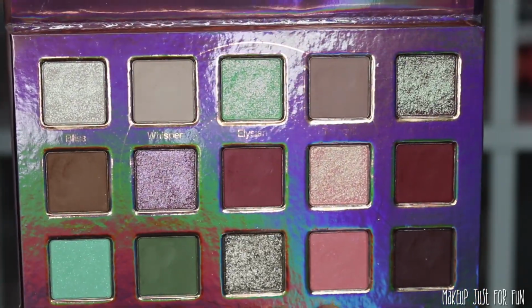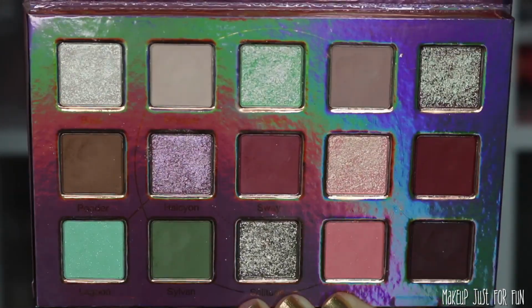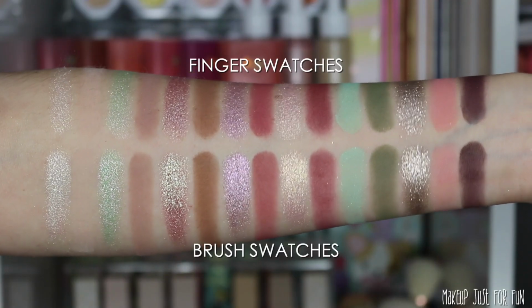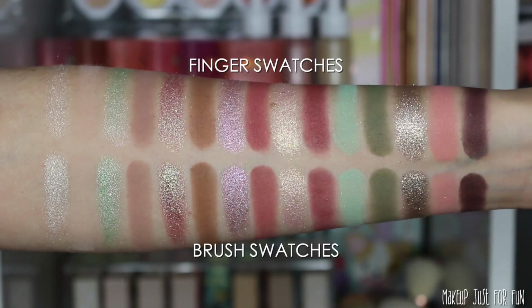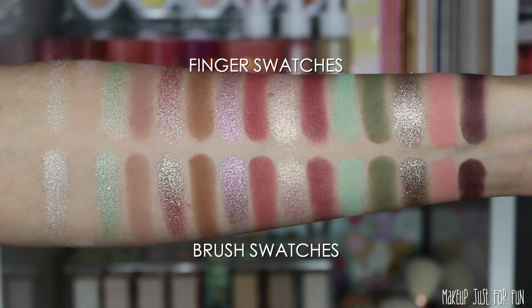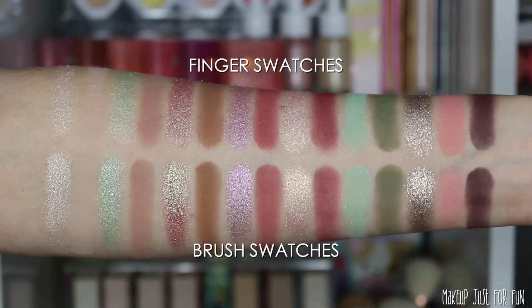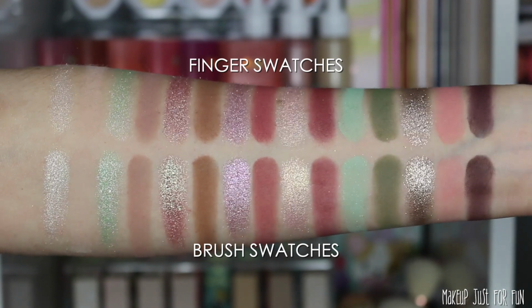Of the 15 eyeshadow shades in this palette, we have 7 that are true mattes. There are 2 on the bottom row that are mattes with shimmer. So the pale green and the baby bubblegum pink are mattes with a little bit of glitter in them. Then the remaining 6 shadows have all different shimmer textures. Some have a little bit of that